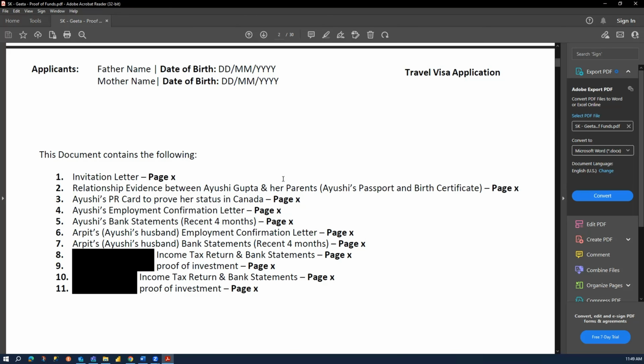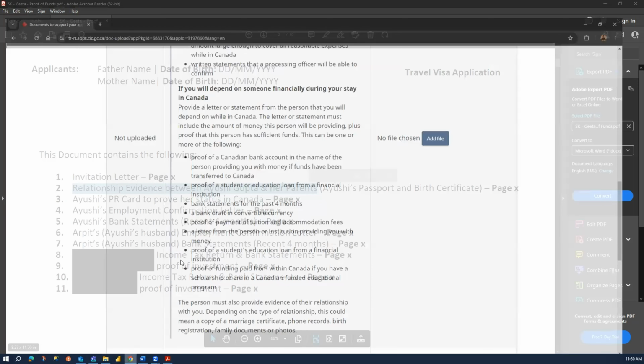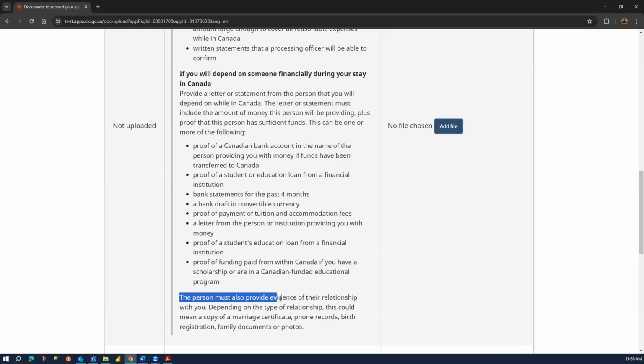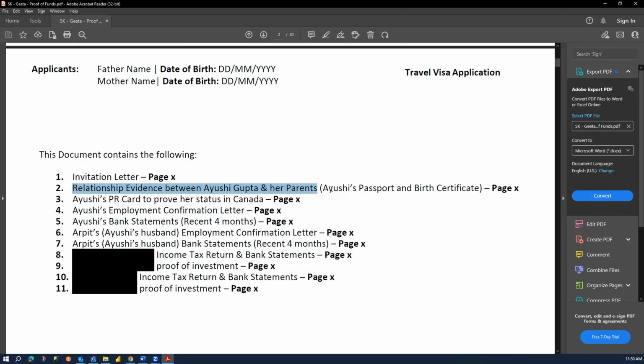And then on the second page, I'm mentioning what we are going to include in this file for the proof of fund. So first, we are going to include the invitation letter. Then we are providing the relationship evidence between Ayushi Gupta and her parents, because that is also one of the requirements, that the person must also provide the evidence for their relationship with you. So that is why we are attaching Ayushi's passport and the birth certificate. And we are also attaching Ayushi's PR card to prove her status in Canada,